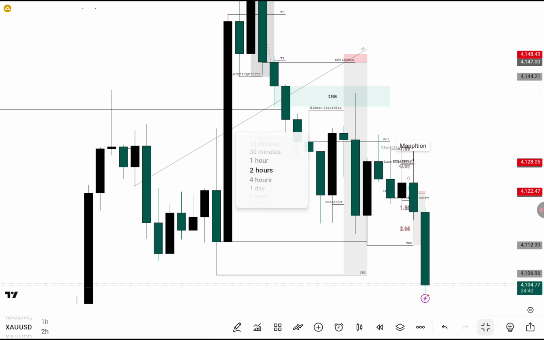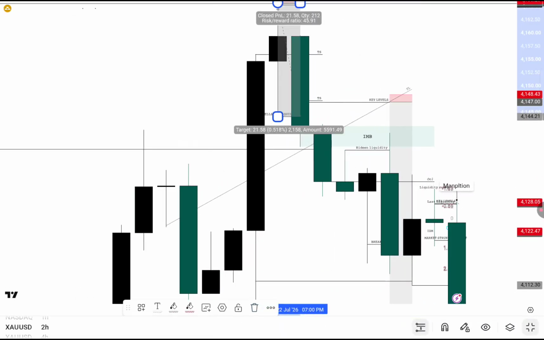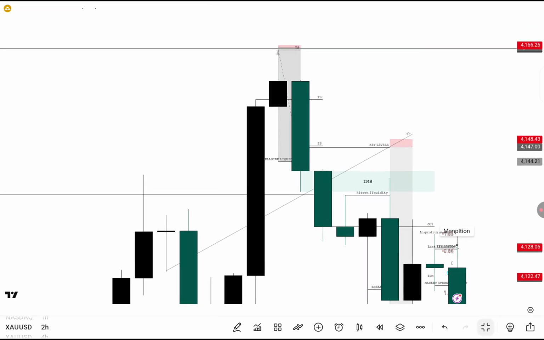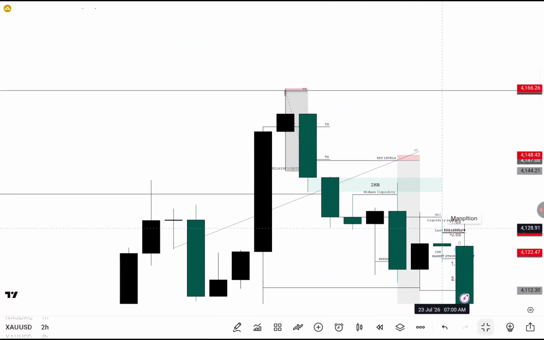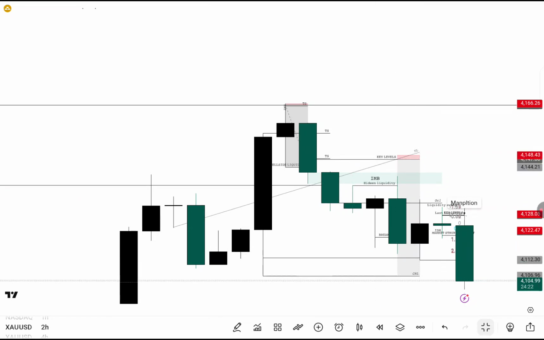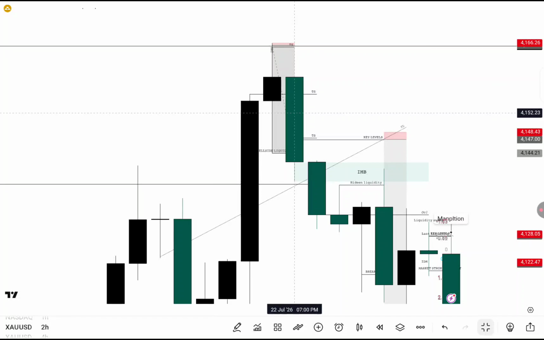So let's start with the 2 hour. 2 hour time frame here, we had an imbalance. This was your sell side liquidity off of this SMT, a sell I took yesterday. So that's why I was waiting for price to come back into the imbalance, and then we can continue with this minor downtrend here. Since price never came back into my imbalance here, I expected the continuation to be the imbalance. So we got an imbalance on the 2 hour time frame, you can see here,